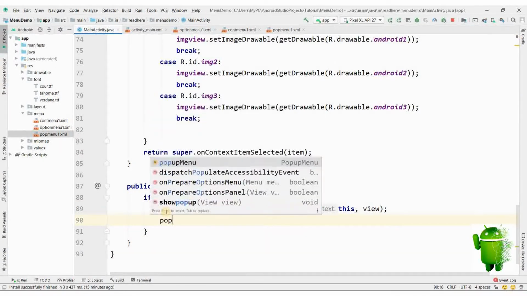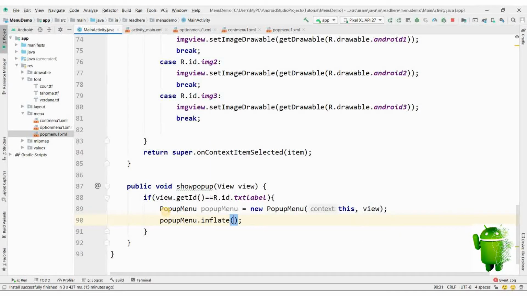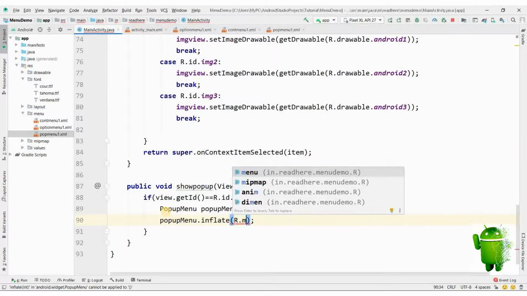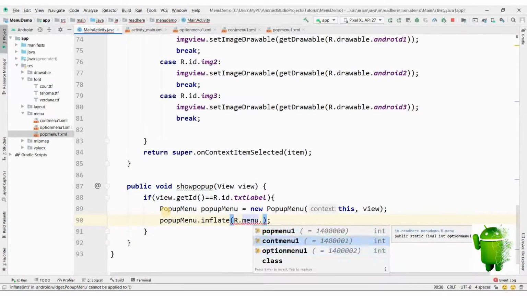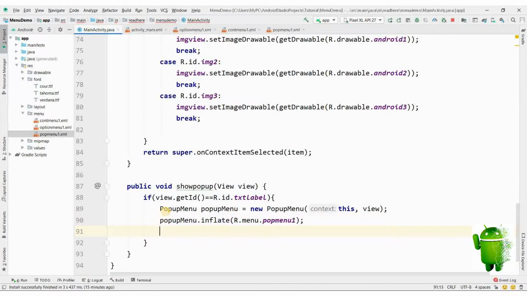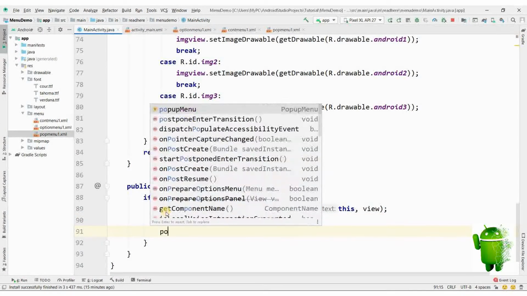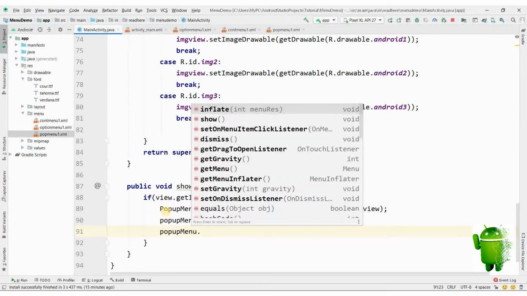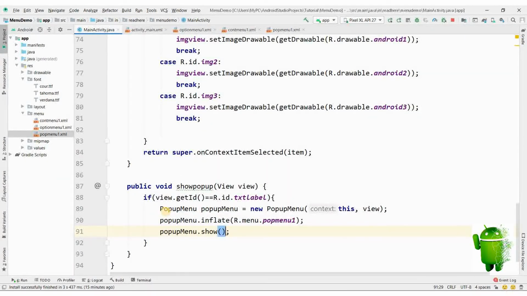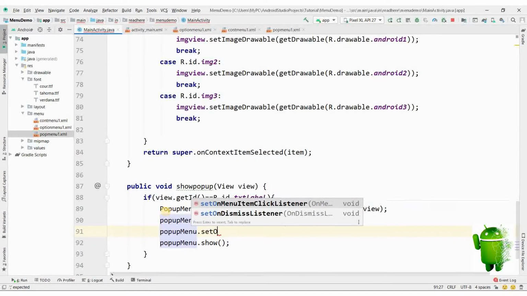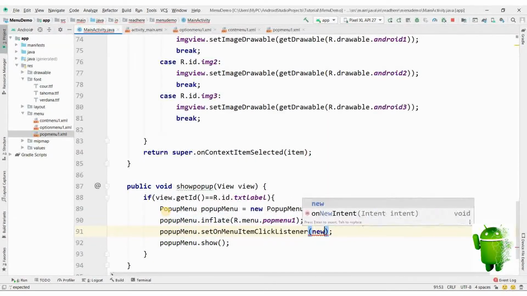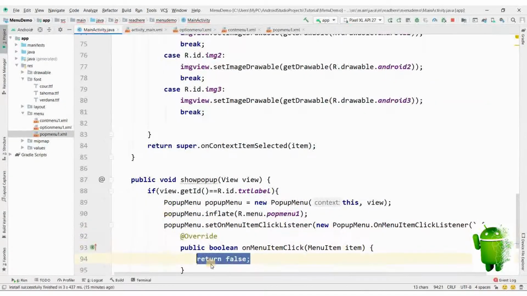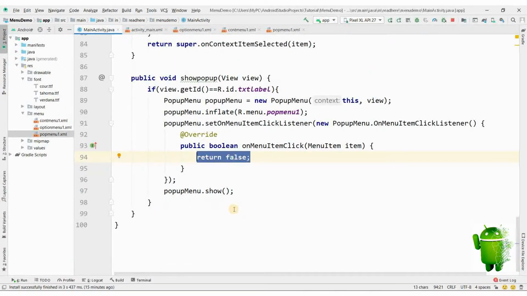Now we'll call popupMenu.inflate, the menu that we want to display, which is popup menu 1, and we'll call popupMenu.show. This will display the pop-up menu, but for item selection we will write popupMenu.setOnMenuItemClickListener. We'll create an anonymous class object here,